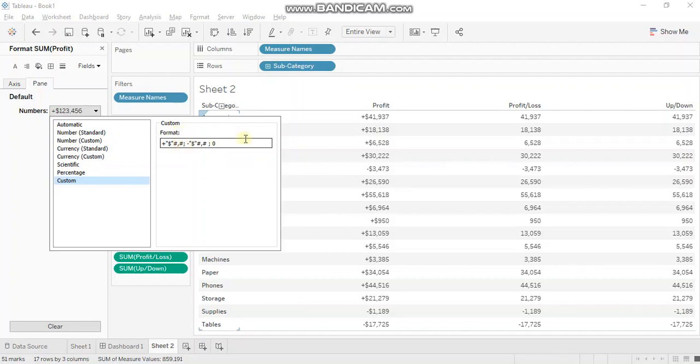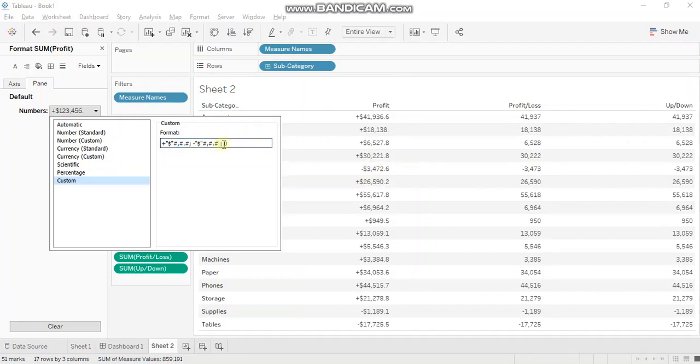If you want to show these values up to certain decimal places, then just make sure that you put a dot here and then put a hash. So let's do the same for negative values. So that's how your decimal values are also getting computed.